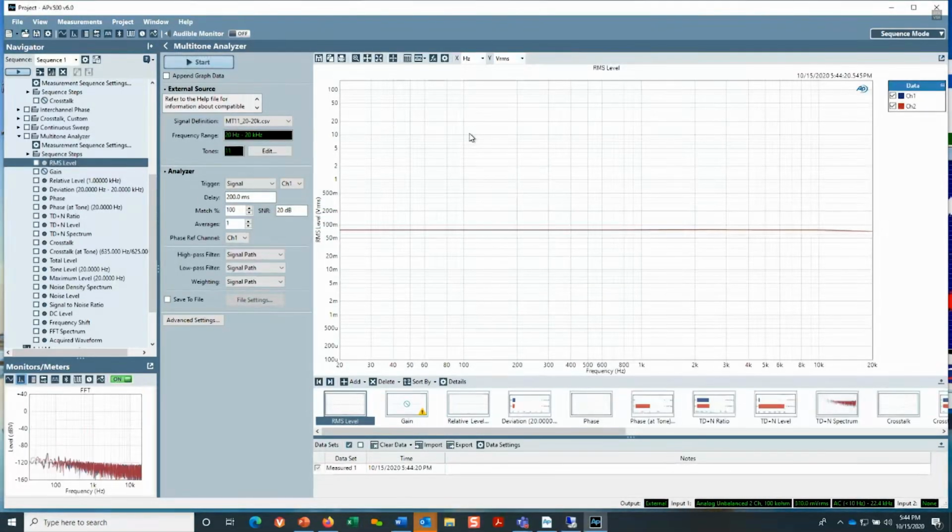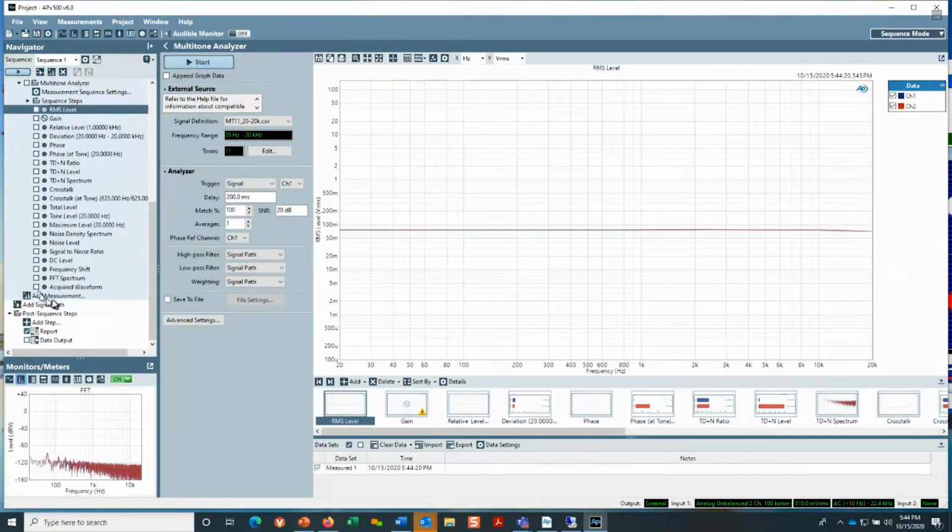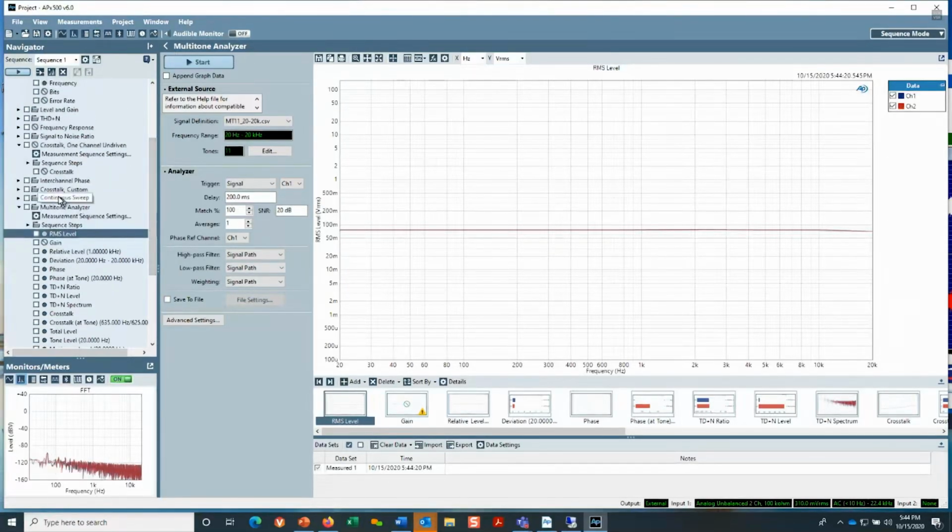So as you can see, the system is very robust against false triggering, and we've managed to acquire that multi-tone in the midst of all of that music that's going on. All right, next I'm going to look at the continuous sweep measurement. We loaded that earlier here, and